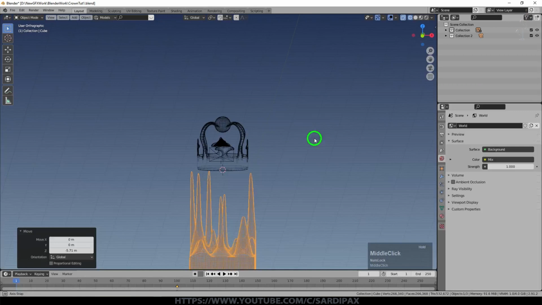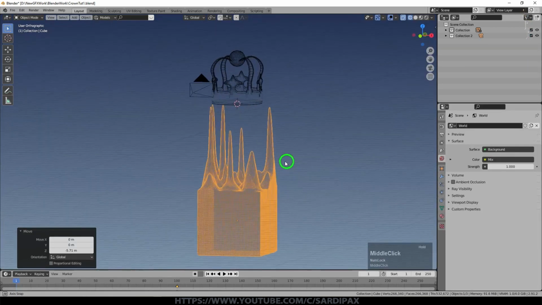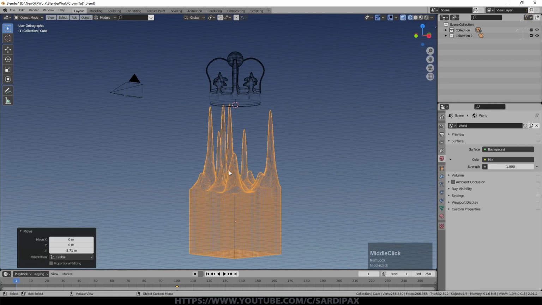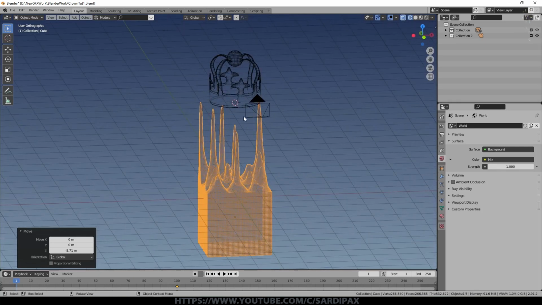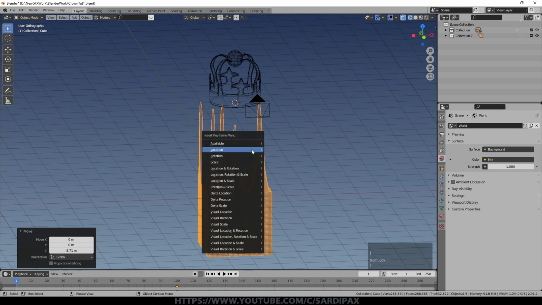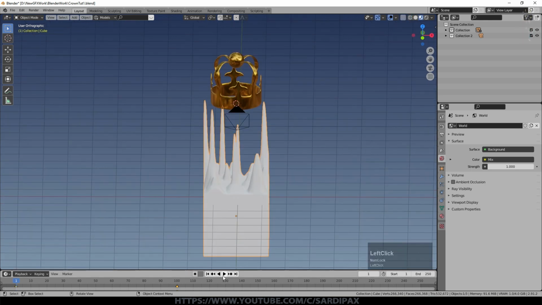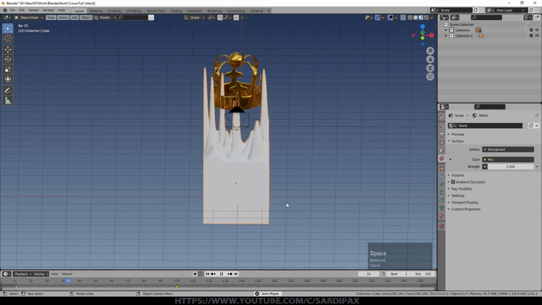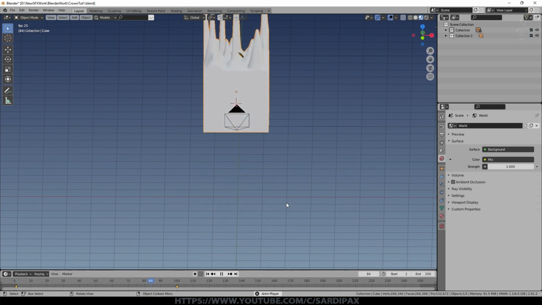Now obviously you can spend a bit more time and put some more shapes on this cubic object. What I suggest is that they take this sort of form. You don't necessarily want pieces sticking out to one side, because then when you see what we do next, parts of the crown will appear and then disappear. Whereas the idea of this is that it grows. So we've moved this down. I'm going to press I and location. So I'm now just going to press play, and we'll see that move up to there.